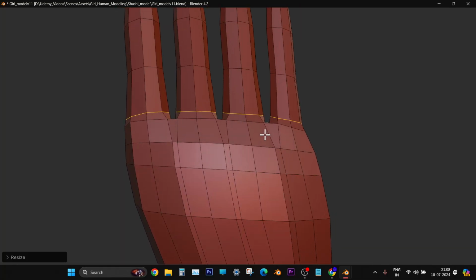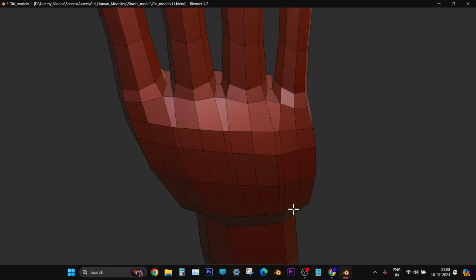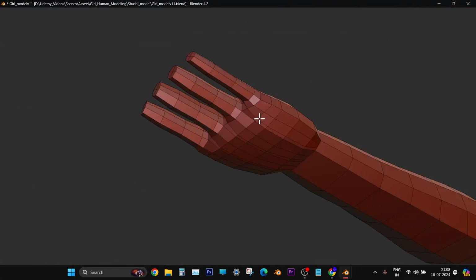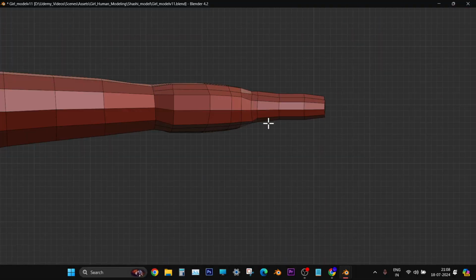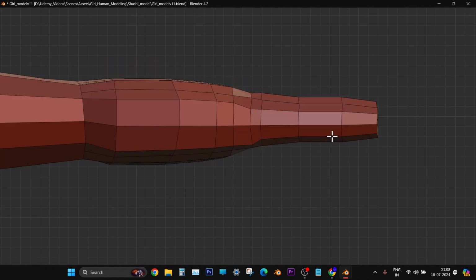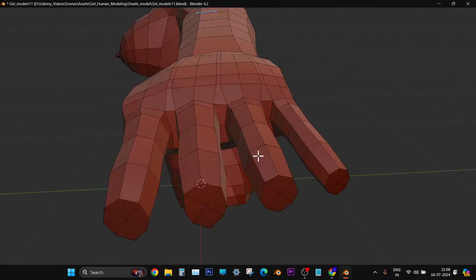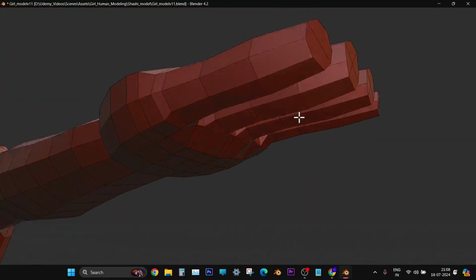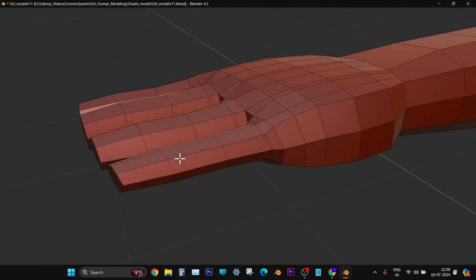Now if you want, we can slide the edge and place it. Press double G and then slightly move it upwards. So now just go to front view and then have a check. So these places, we have to work on the fingers. Before that, we are just glancing at the